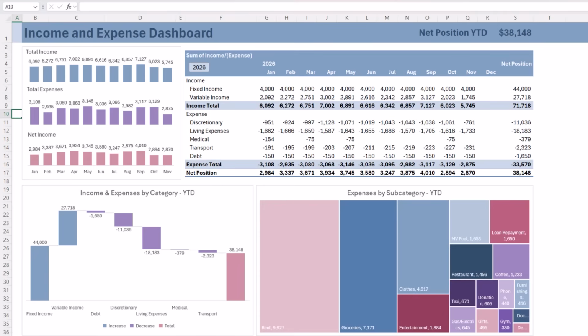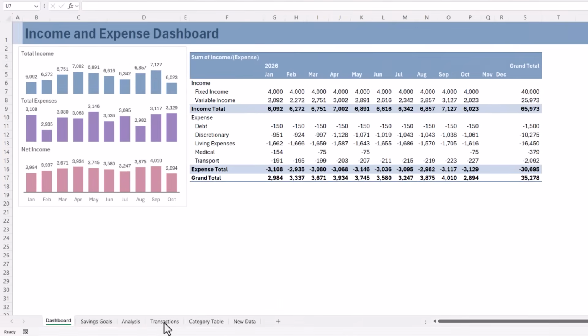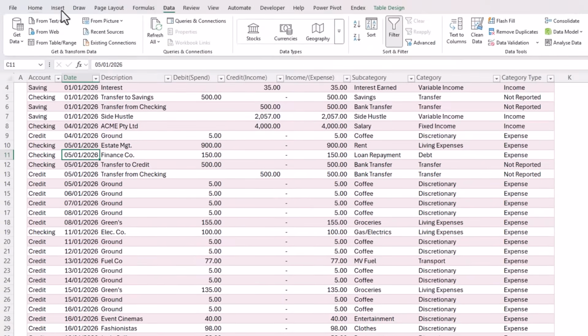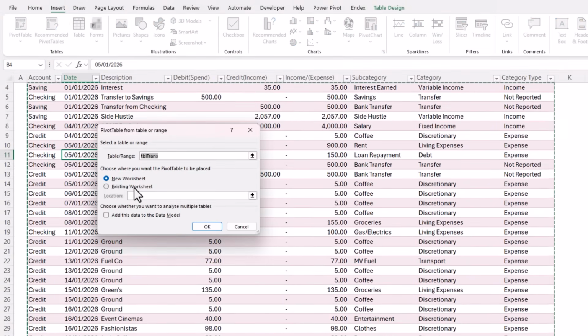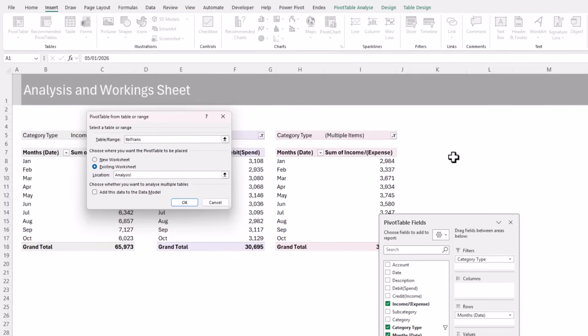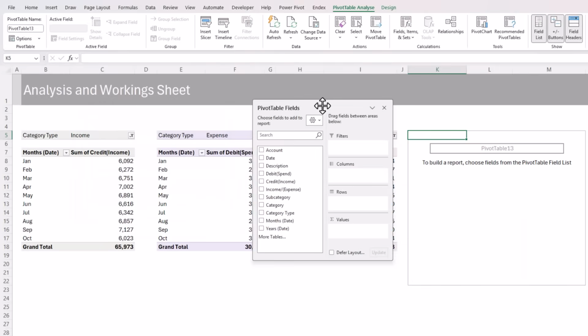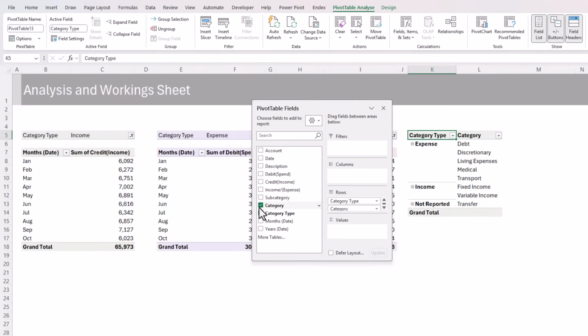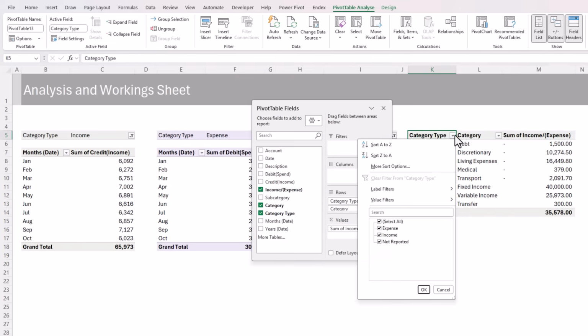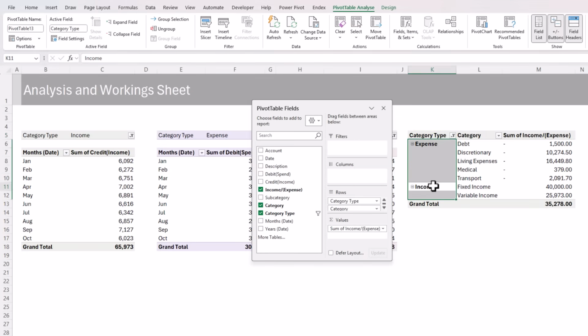So going back to our demo file, on the Transactions tab, I'm going to insert a pivot table. We're going to pop it on our analysis sheet over here. Click OK. And for this, we need the category type and category in the rows, and then the income and expense in the values area. I'm going to filter the category type to exclude not reported items, and we're going to move